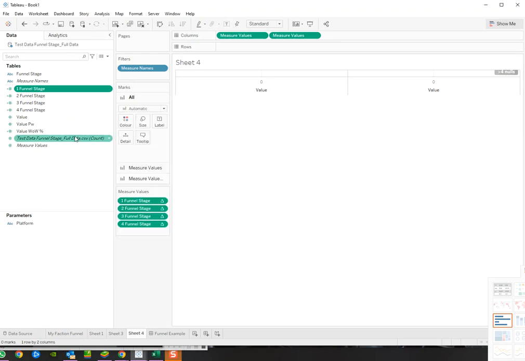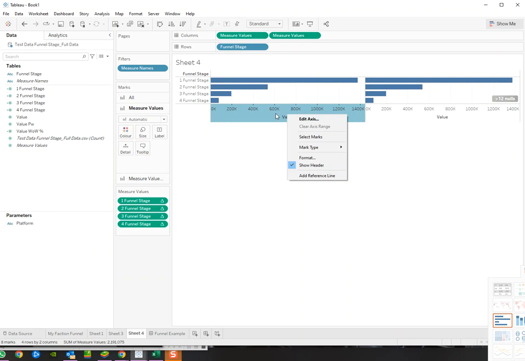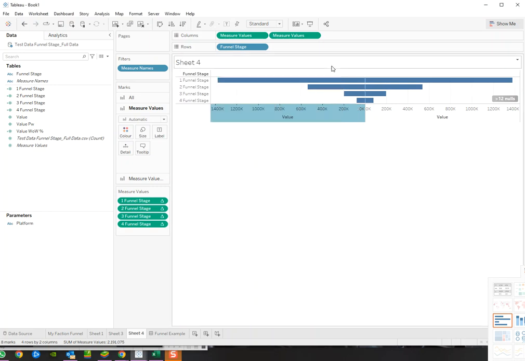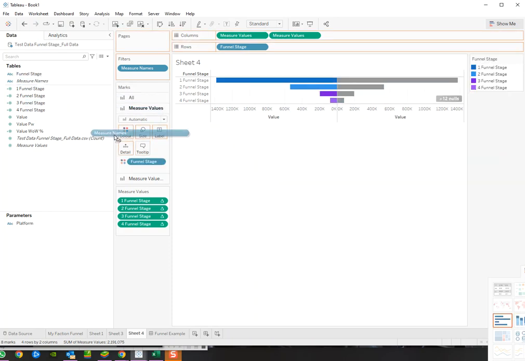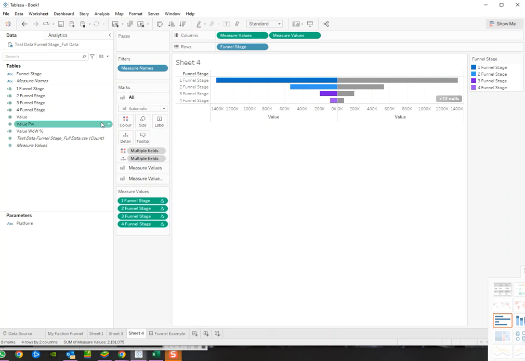What we then need to do is drag the funnel stage into rows. That already creates our funnel chart almost. We then edit the axis to reverse the scale. We then start dragging the funnel stages into color and the measure names into detail. That should be also in